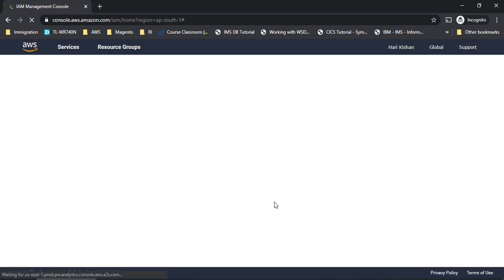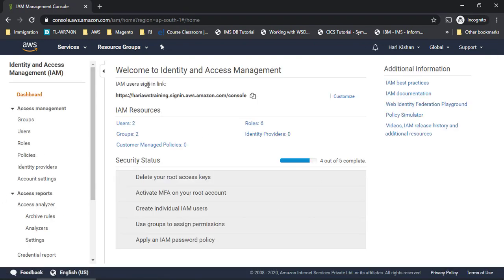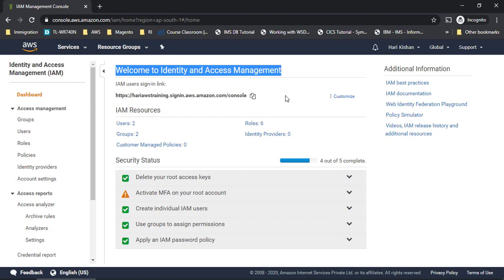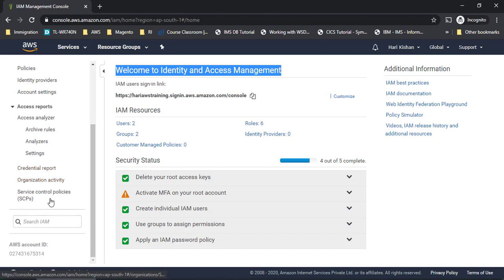Now in this IAM management console, you will see different options on the left hand side. Whenever you select a service in AWS, on the left hand side you can see all the options related to that particular service, whatever we are going to use here, right? So you can see it says welcome to Identity and Access Management. It already shows some users, groups and roles, which we are going to learn in more detail, why they are required and what the pros and cons are. And you can see different options on the left hand side, which are groups, users, roles, policies, whatnot. There are so many other things here, right?